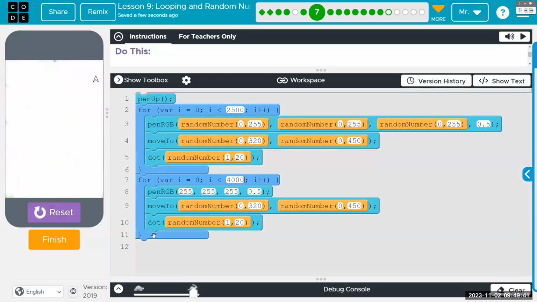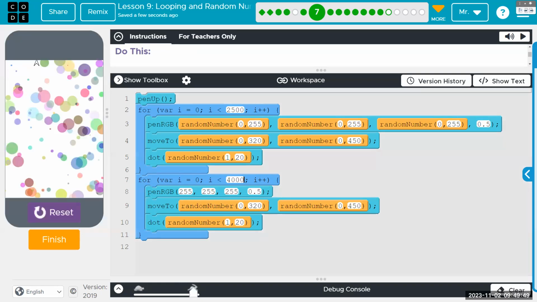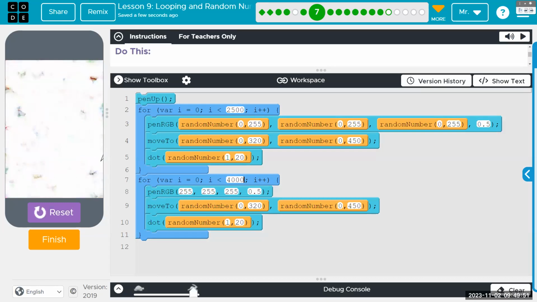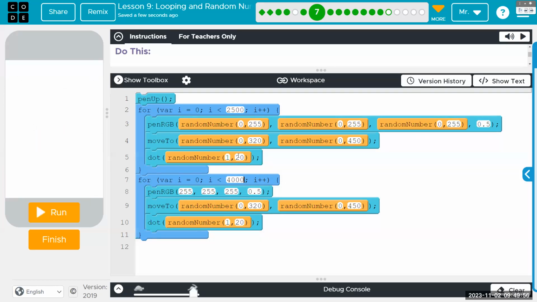But either way, you'll notice that even if you have the slider all the way up to rabbit, you can still sort of see stuff happen. And the reason for that is that it's doing a ton of iterations.